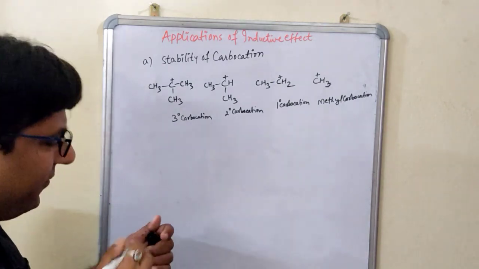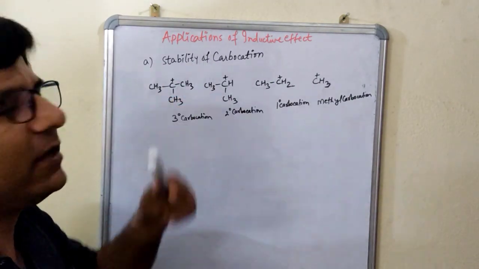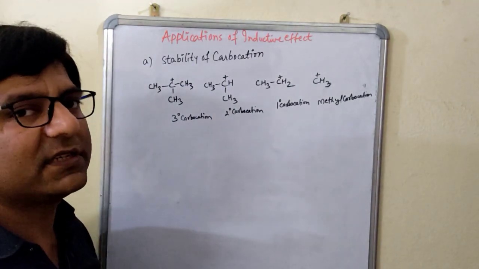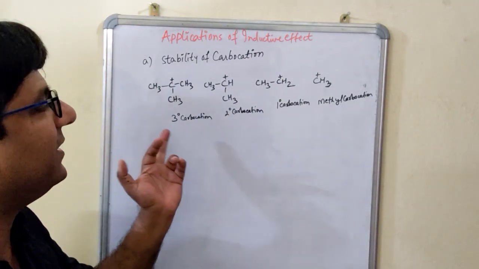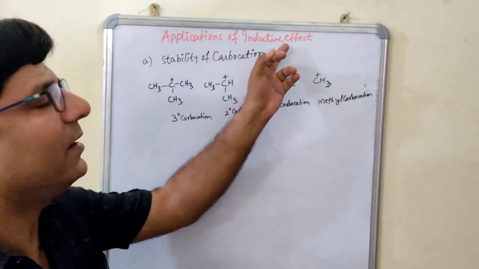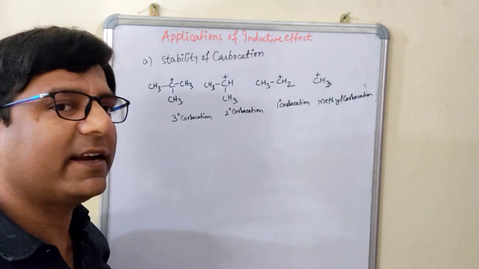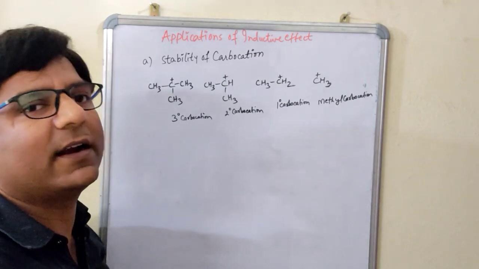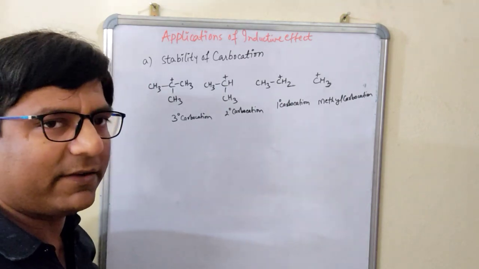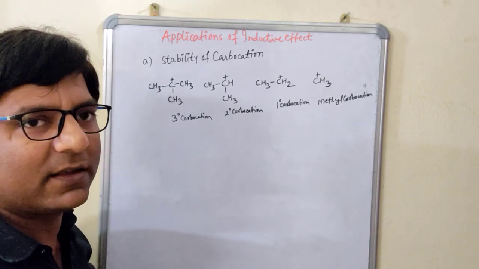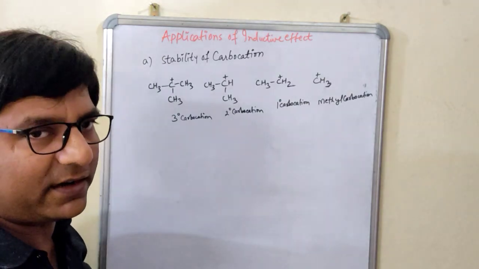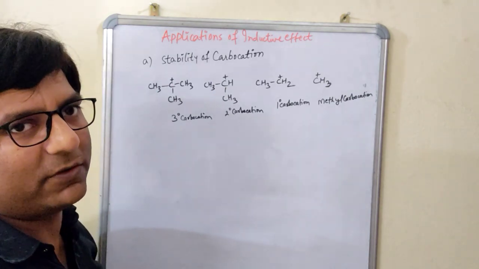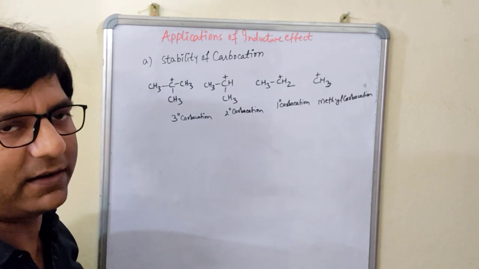Right. Now, if we have to determine the stability of the carbocation, stability means which among the following will be more stable. So this also, the stability order, we can find it out by the inductive effect. You already have studied the types of inductive effect. In the last lecture video, students, I dealt with the basics of inductive effect, that is, what is inductive effect and what are the different types of inductive effect. If you have not seen that lecture, do check that lecture video. You will have more understanding of the inductive effect.